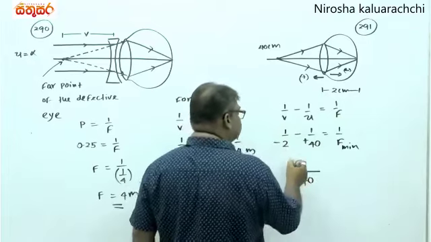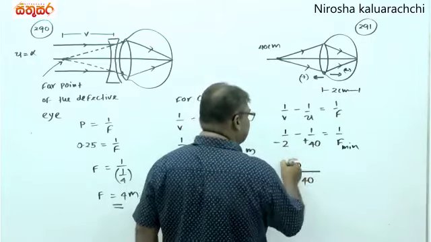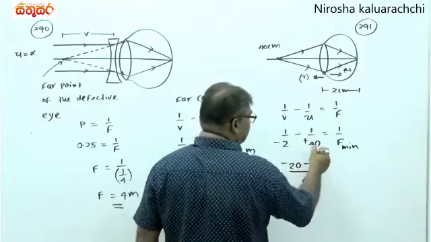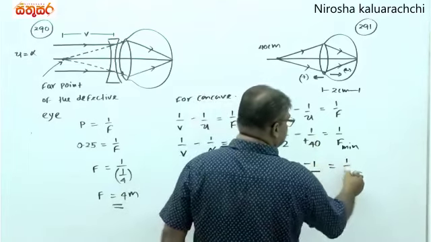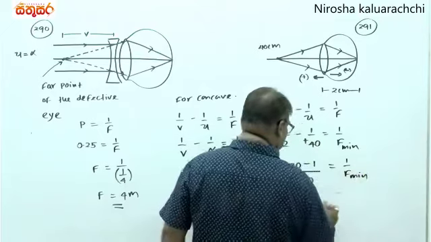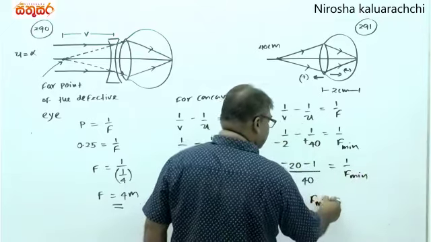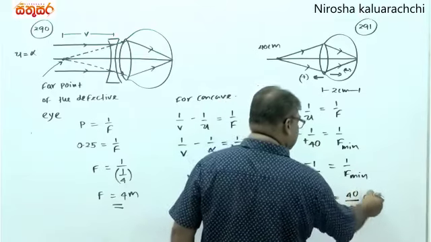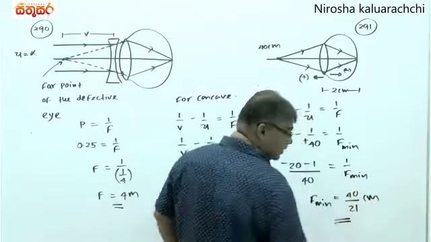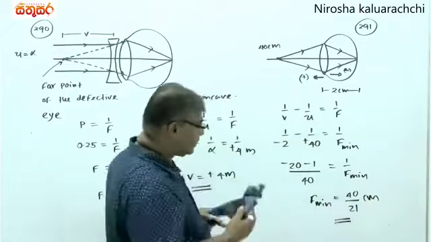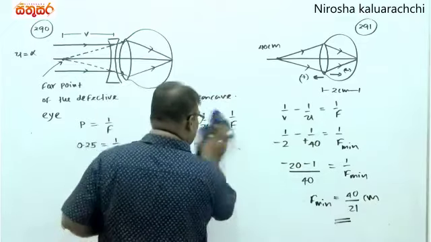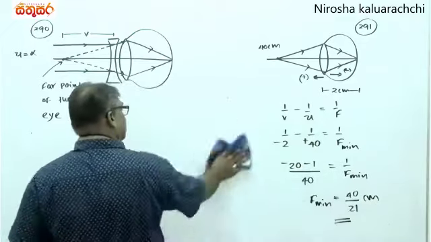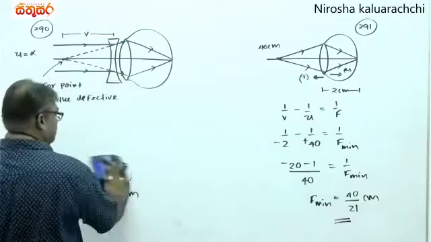40 here, 2. That's 20 minus. Here minus 40 is 1. This is the minimum focal length. So minimum focal length becomes 40 divided by 21 centimeter. This could be the minimum one for the defective eye, right? Okay. And for the objective one,